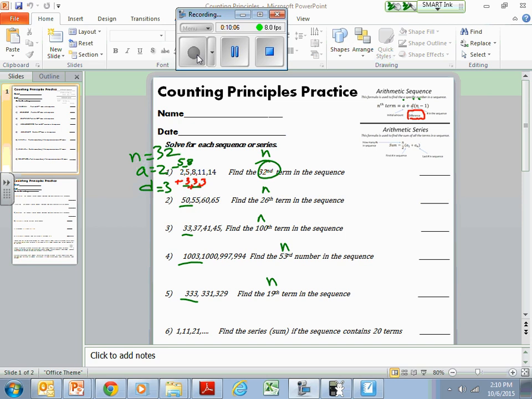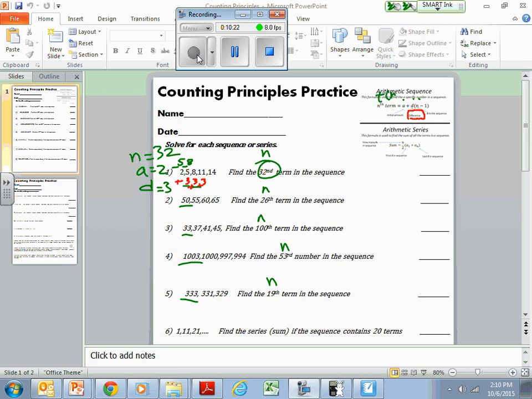Eventually we can get some paper. But now what we're going to do is put these puzzle pieces in the formula, punch it into our calculators, and see what it spits out. So here we go. For a while I'm going to ask you to write down the formula so you can get used to it. So let's see, the nth term, another way they're going to write that is T,